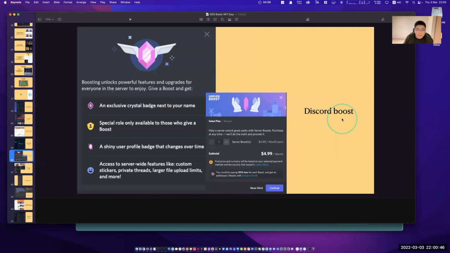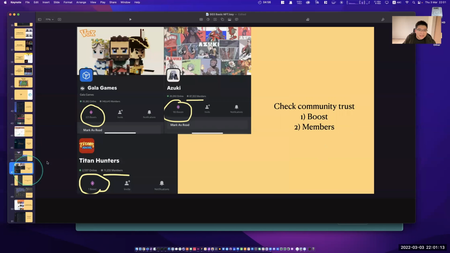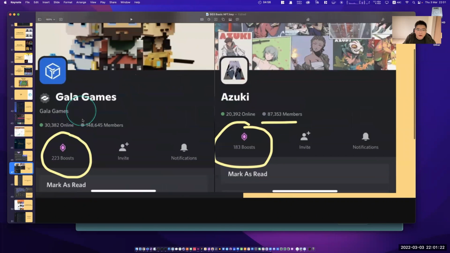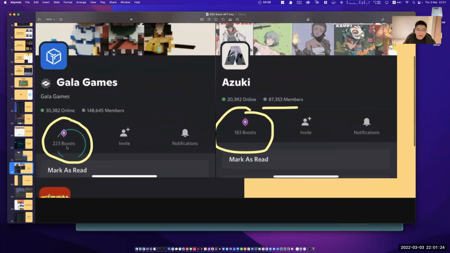Oh, this one is a trick from my brother. I have to give credit to him, and he is right. I didn't use Discord much, but he told me that you have to look at Discord and look at the server boosts. Server boosts come from the community, who pay money to help the project. Users pay money for the project owners to boost the Discord. So you can check on the Discord how many people boost that project. For example, Gala Games